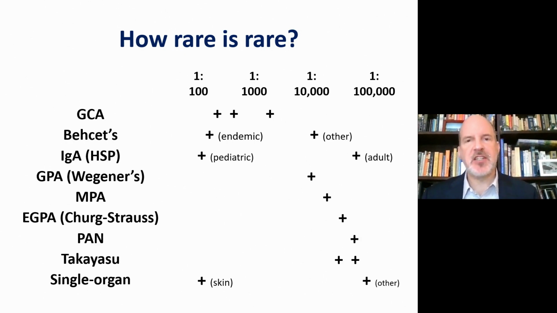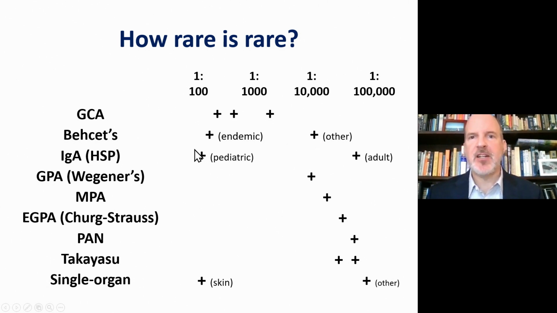So all of these diseases are considered rare, but that varies a lot, anywhere from 1 in 100 over the course of a lifetime to 1 in 100,000 as far as we know. There's a lot of variability. So Behçet's disease, for example, is actually relatively common in Turkey, a little less common in other places along the Silk Road, and quite uncommon in other ethnicities, but